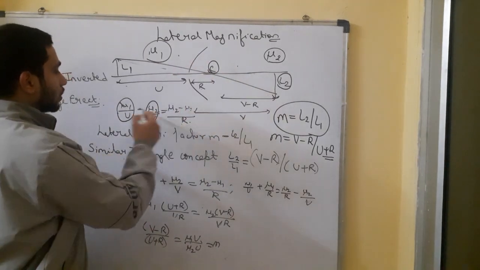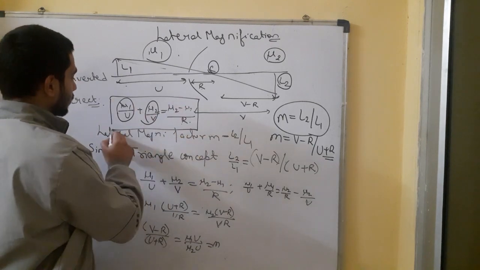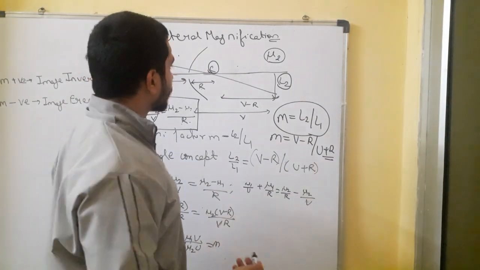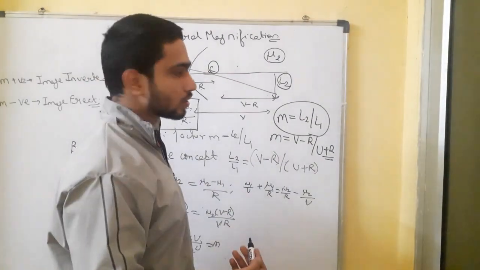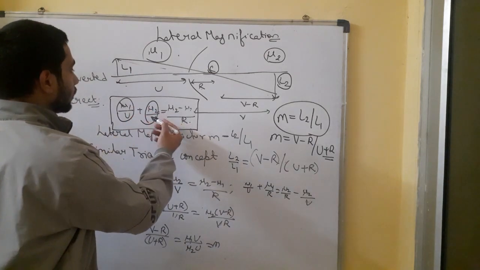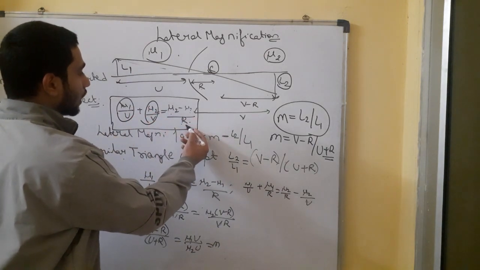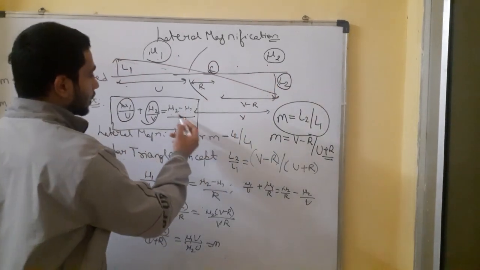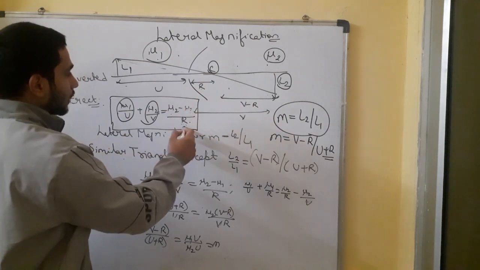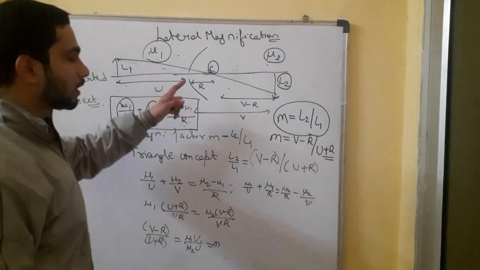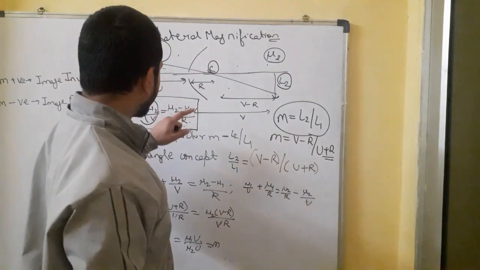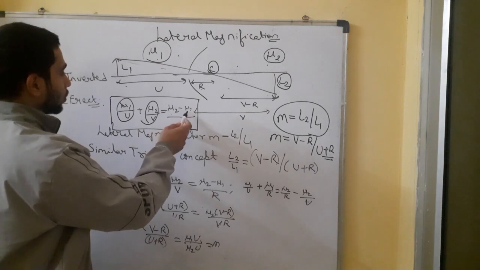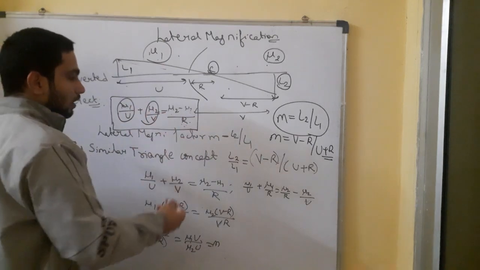mu1 by R. So this is the standard equation which we have to remember for solving the questions of the spherical mirror, or in the case of lens also this same equation holds. Mu1 by U plus mu2 by V is equals to mu2 minus mu1 by R. So mu1 is the refractive index of the first medium, mu2 is the refractive index of the second medium, and the difference of both by R. If it is a convex mirror or concave mirror, we will be writing the same thing. If the refractive index is the same, mu1 and mu2, then we can put it here and get the equation.